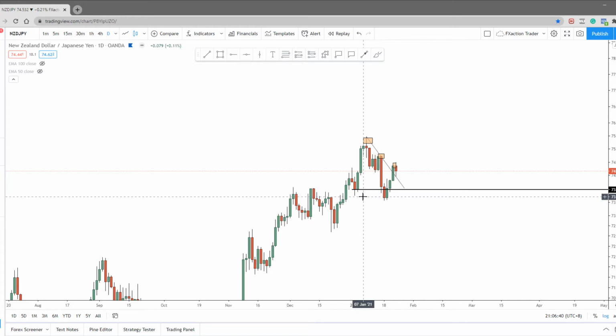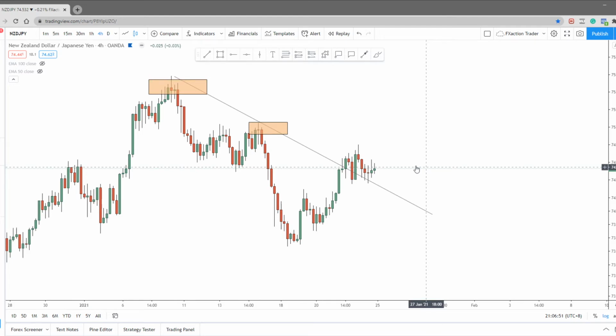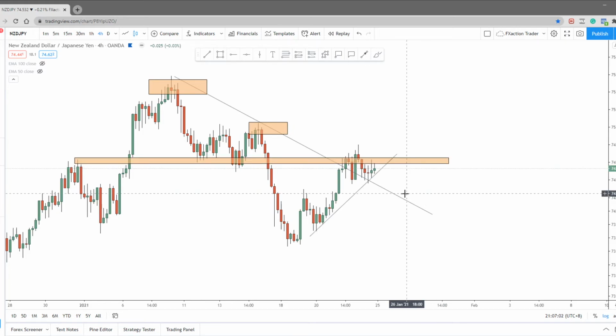The safest way for you to go for a short signal, let me show you a better picture, is that we wait for the market to break this trend line. This is your option number one. As long as the market breaks this trend line, we can go for a short signal as the market pulls back. So the second